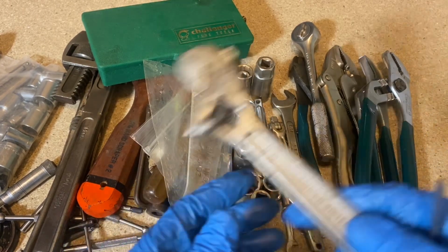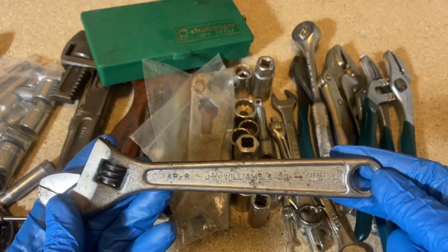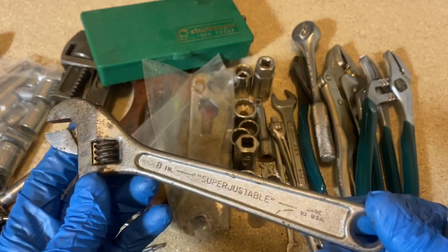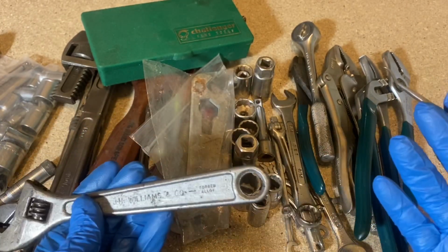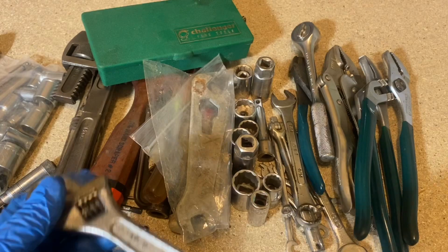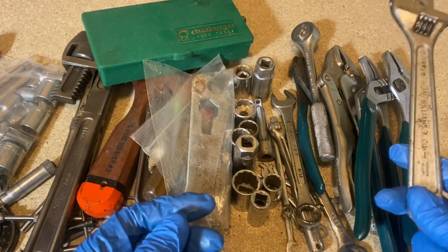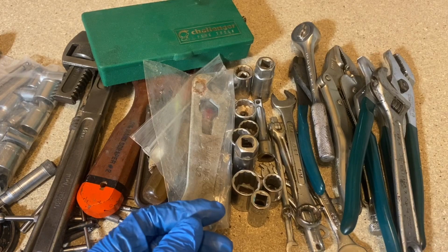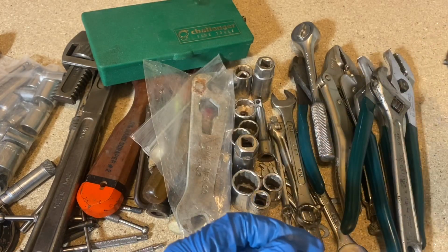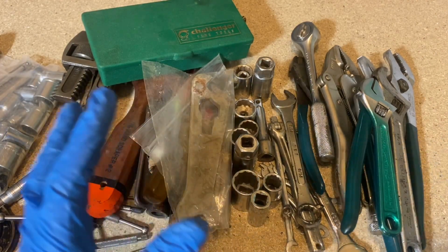And finally, I found this Super Adjustable J.H. Williams & Co. AP-8 adjustable. And I know it looks kind of beat up, but unbeknownst to me, I don't have a Williams, and I bought this one not knowing that I didn't have one, and I'm glad I bought it because you know me and Williams, I really dig Williams stuff, and I was surprised I didn't have one. And all these, the pliers, the ratchets, the adjustables, and all the rest of that, and the set was $20, and 2 rolls of